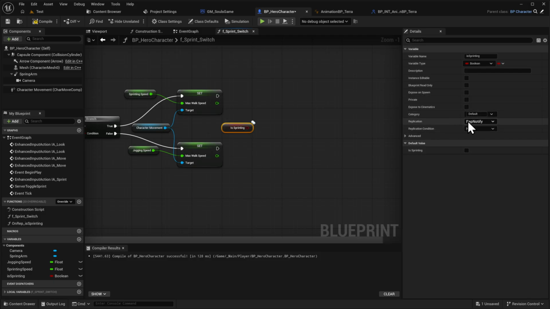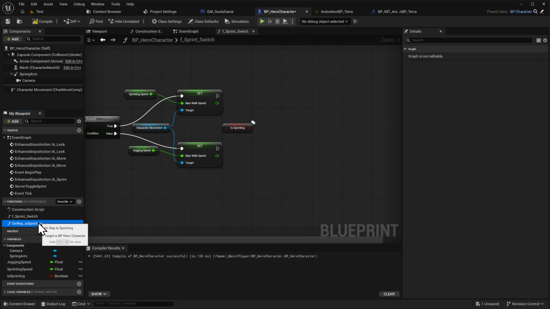This RepNotify means that this variable triggers a function or calls a function every time the value is changed, and this function is automatically added on the left side. You see the function OnRep_IsSprinting. So this function is triggered every time IsSprinting has a changed state. Open it up,